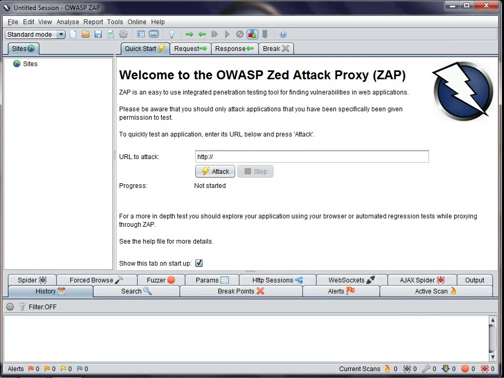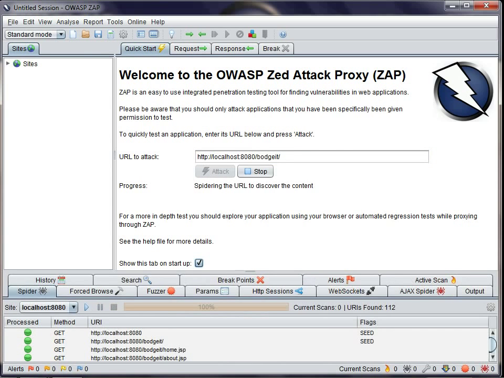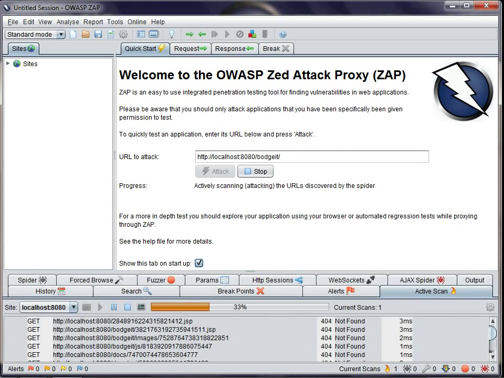So this is what you'll see when you now start ZAP. The most obvious difference is that we've now got a new Quick Start tab. This allows you to perform a very quick test of a web application. Just type in the target URL and press the attack button. So this runs the spider, and then runs the active scanner, and finally switches to the Alerts tab to show